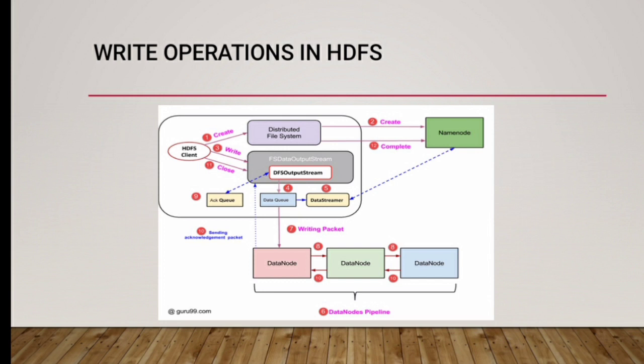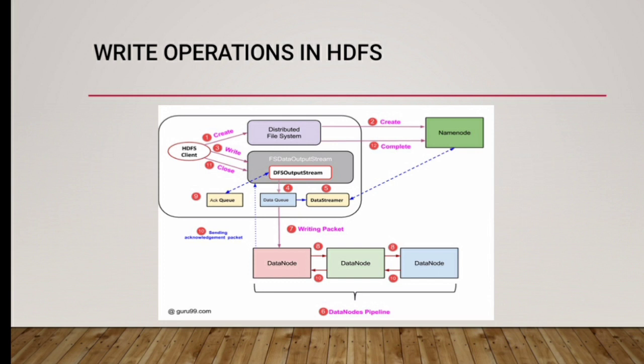Step number 1 in the given diagram. The distributed file system object connects to the name node using an RPC call and initiates a new file creation. However, this file create operation does not associate any block with the file. It is the responsibility of the name node to verify that the file being created does not already exist and